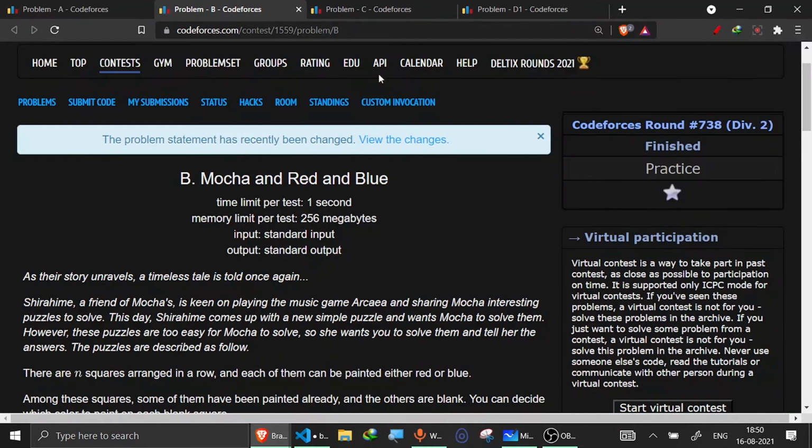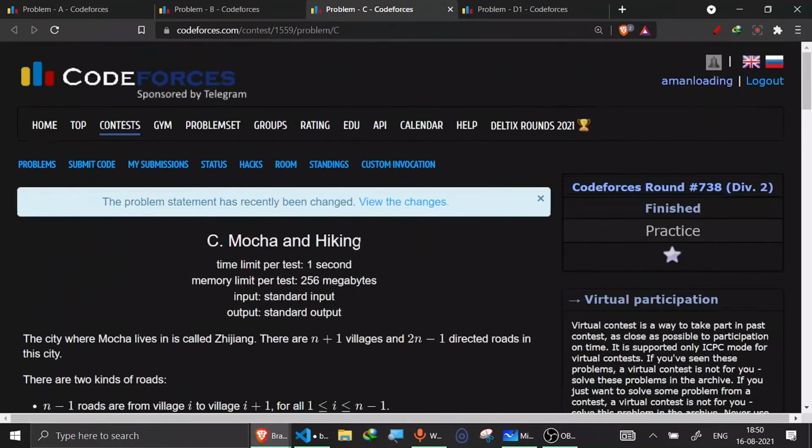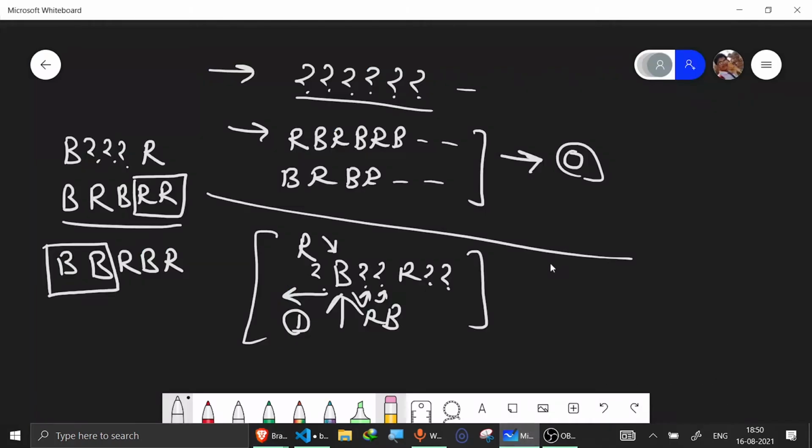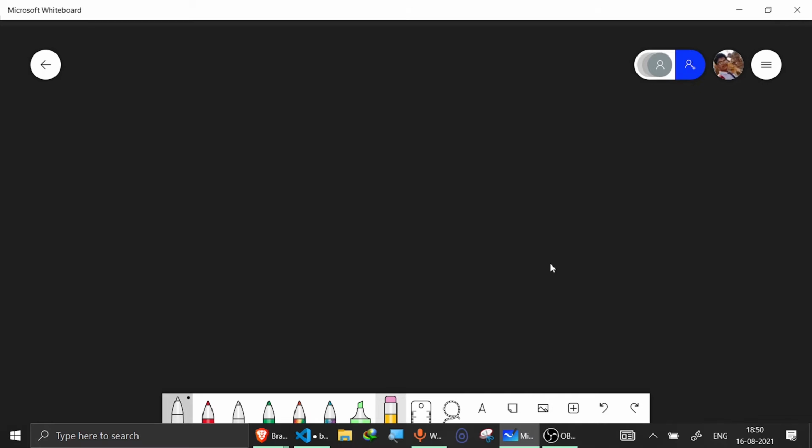So now let's move on to C. C was pretty much a good question. I liked it. It did not have a very hard solution, but it was a very good observational solution. It would be better if you know some bit of graphs, though it doesn't require that much of graphs, but it would be easier to understand everything if you know some bit of it. But now let me erase it once more. So here also I would explain the question directly without reading.